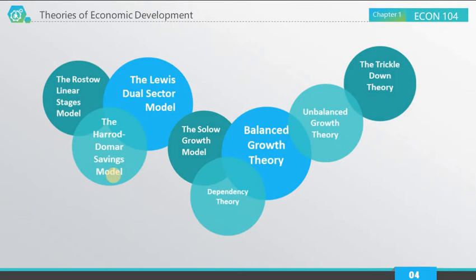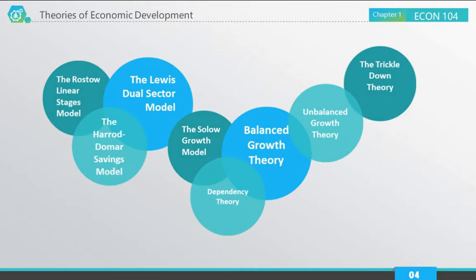Next po, we have the Solow growth model, economic growth. So this depends on the quantity and the quality of resources and technology. So sabi lang dito ni Solow, whatever the resources that we may have, we always need to prioritize kung para po ba saan yun. We're going to produce dahil ito yung kailangan ng madami. Okay, so you will choose quantity. But the thing is, yung mga may kailangan nito, they were going to be satisfied? So you also need to think about the quality of those resources.